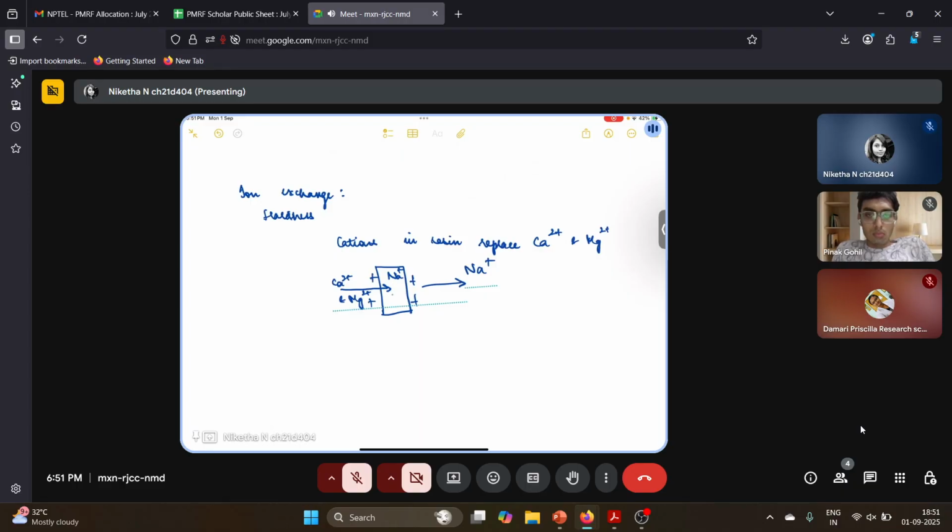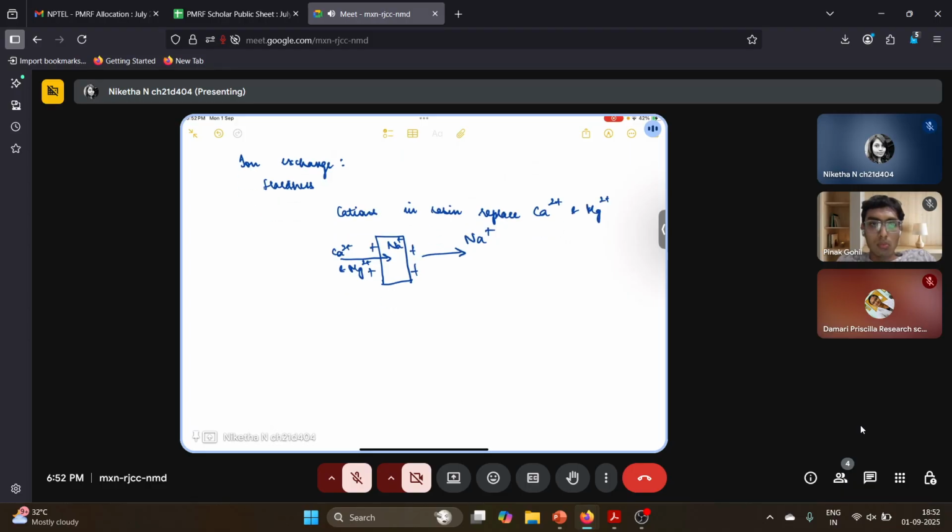So with time, the sodium is going to get depleted and it is just going to be calcium and magnesium. So what happens if the membrane is completely filled with calcium and magnesium? Then it cannot replace the calcium and magnesium present in the water which is flowing through it. So that creates a problem. So that is why when the ion exchange membrane is exhausted, by exhausted I mean the sodium ions run out,